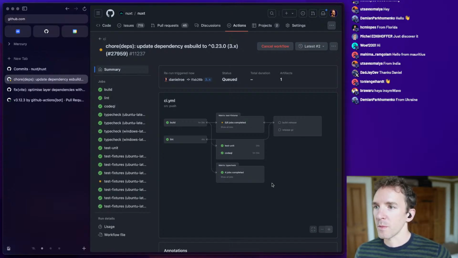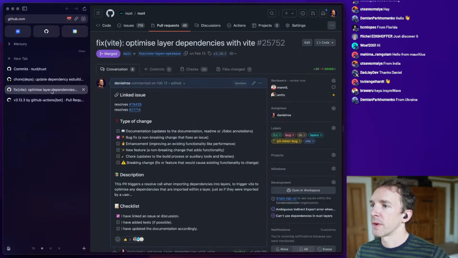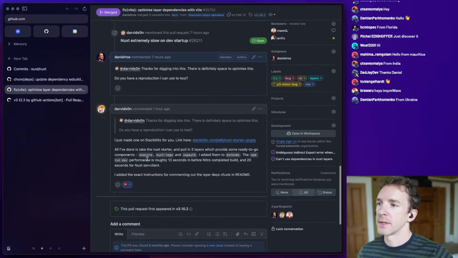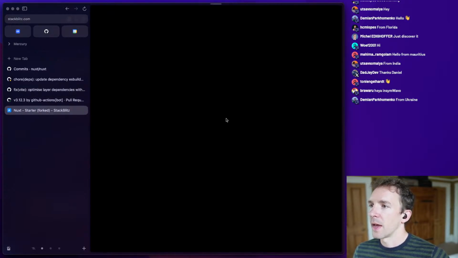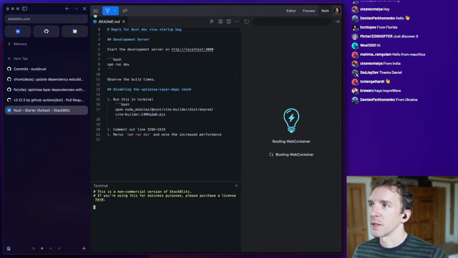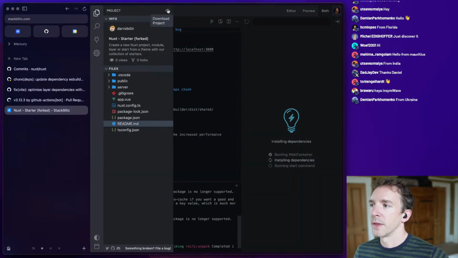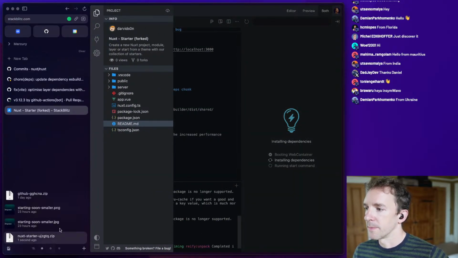Okay. While that's running in the background, let's explain this performance issue. I have a report with a StackBlitz, which is fantastic. I'm going to download this so that I can run it locally.